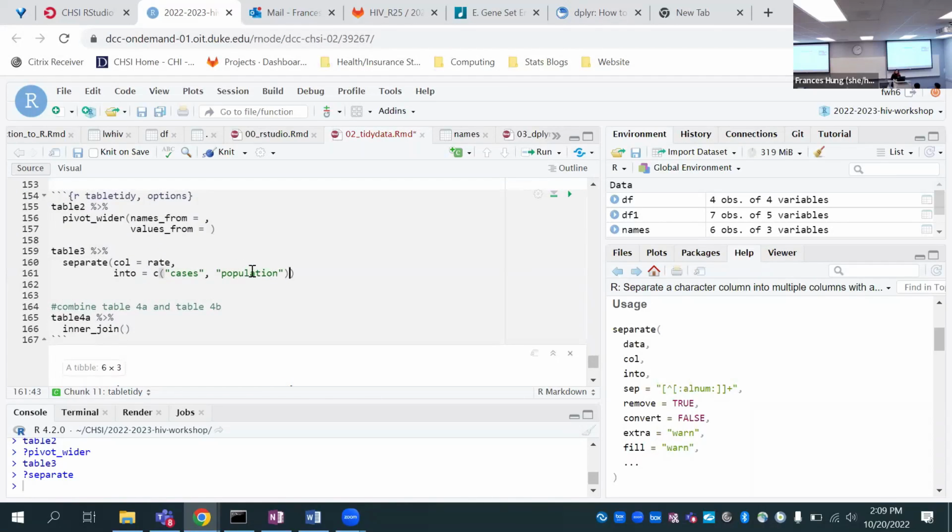Okay, we're going to stop. Does anyone want to tell me what they put for the first table, table 2? Names from type. Okay, names from type.